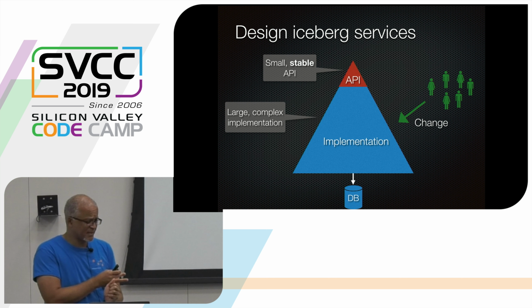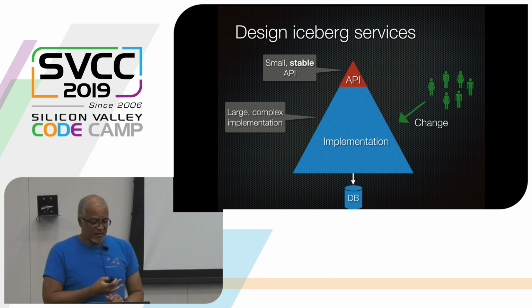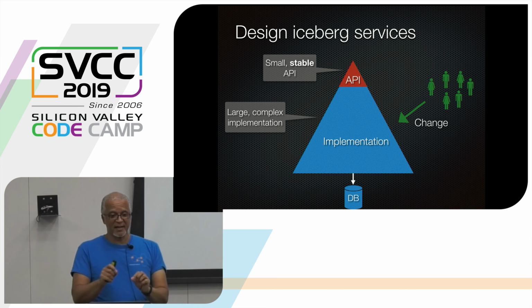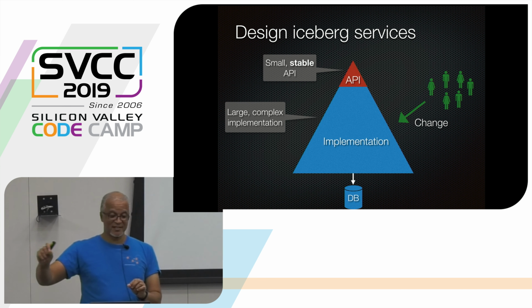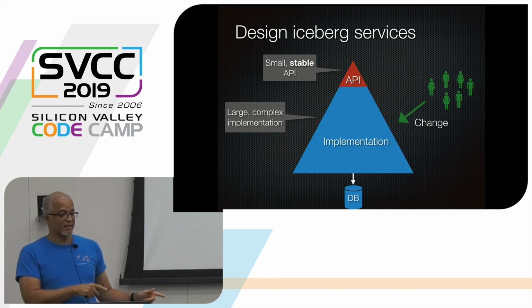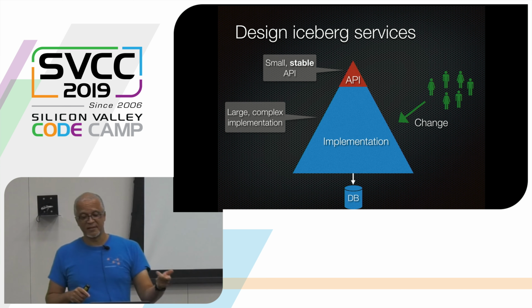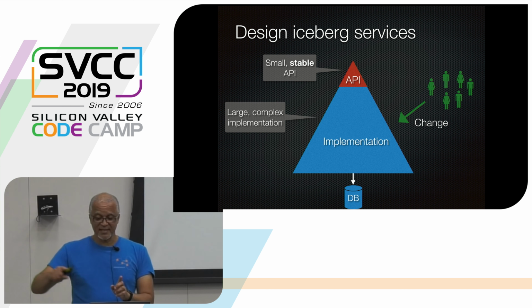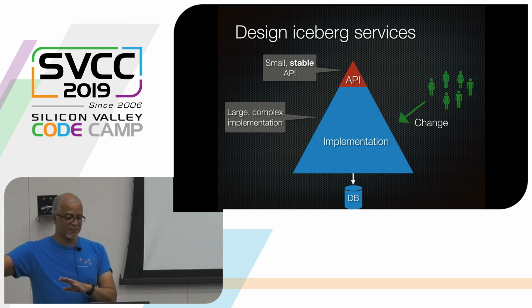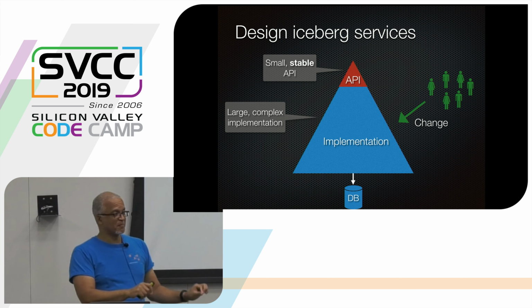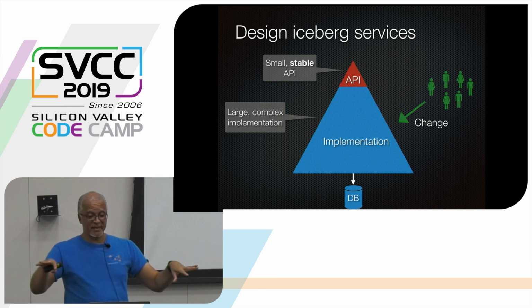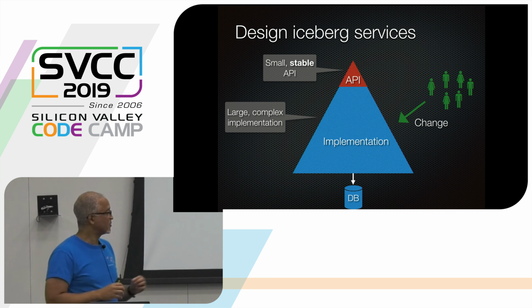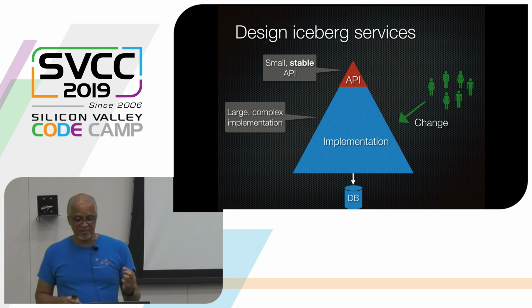And I think of companies like Stripe, where presumably there's a tremendous amount of complexity, but the actual API itself, which is like "charge this credit card," is really, really simple. Or Twilio, the communications company, where one of the operations is "send this SMS to this phone number." Incredibly simple API, which presumably hides a massive amount of complexity. So you want to think of your services in those terms.